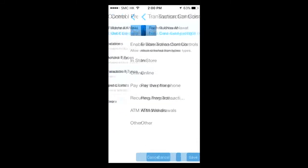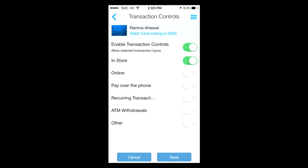As a user, I don't shop online often. Let me first show you transaction type controls. Right now, my card is open for use only for any in-store purchase. But let's say I'm ready to make a transaction on an online site,